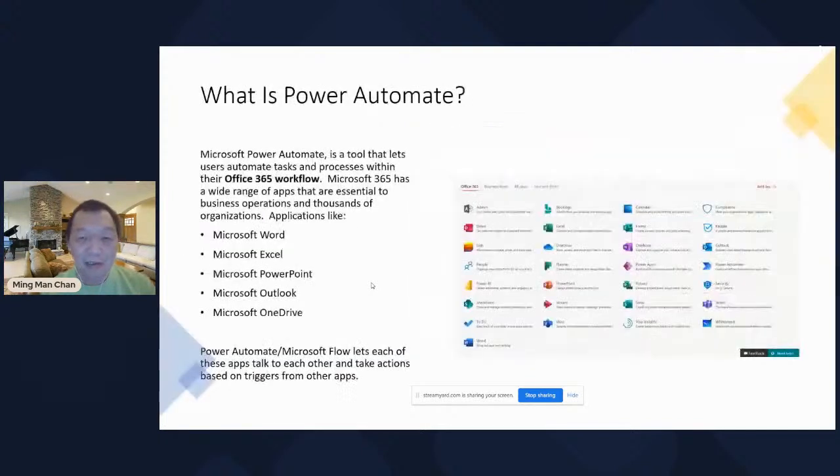All right. So I will start with what Power Automate actually is. This is something that is very popular right now. In IT today, we are moving into low code or no code, as people call it. So what Power Automate can do, most of the time, is